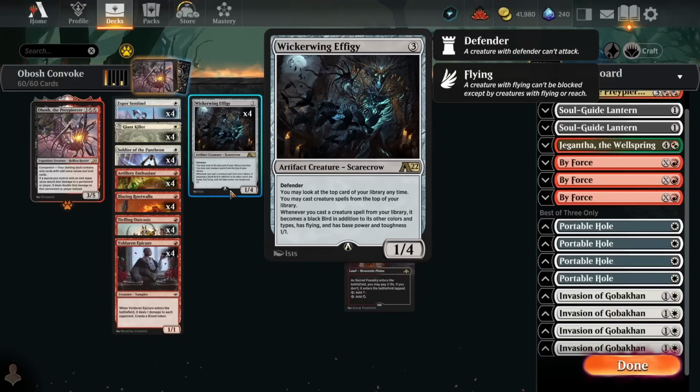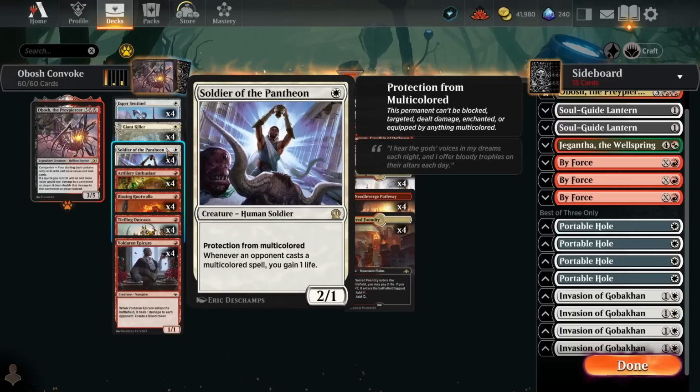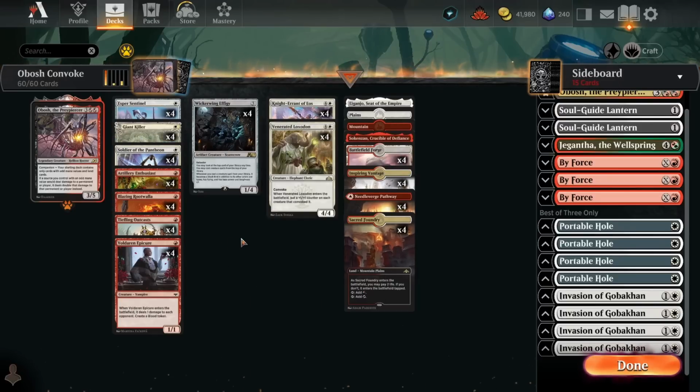But the issue with Wickerwing Effigy is that you really struggle against decks that do go way over the top, right? The combo style decks, stuff like Muxus, stuff like Kethis. Also the decks like Domain can be tricky. Now, you do have some fast starts. I think Soldier of the Pantheon is a meaningful upgrade to the deck that does help you against Domain, but